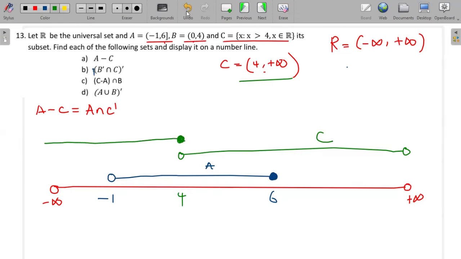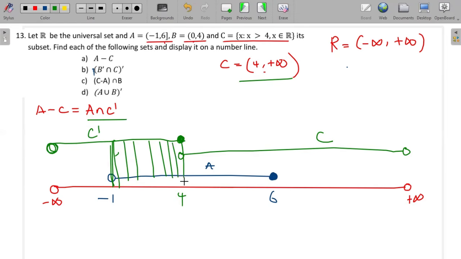This guy here, which is minus infinity. So minus infinity is never included. Okay, so this is my C complement. And then here I'm finding A intersection C complement. So I'm looking at a point where the line for the C complement is above the line for the A. So we see that that area is this guy here, starting at this -1, going all the way up to 4. So it means my A minus C,